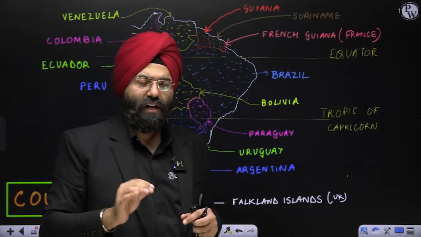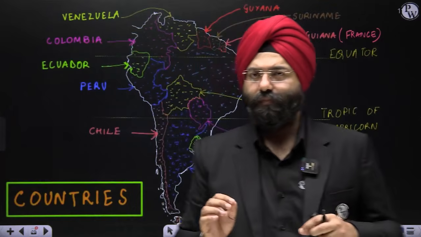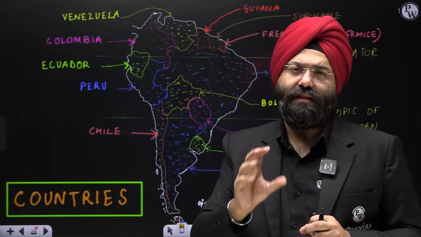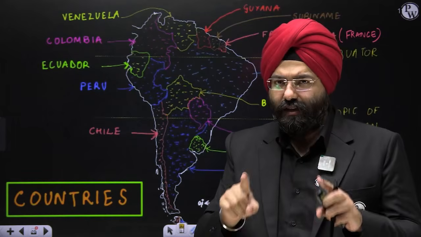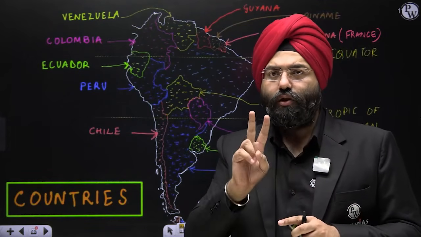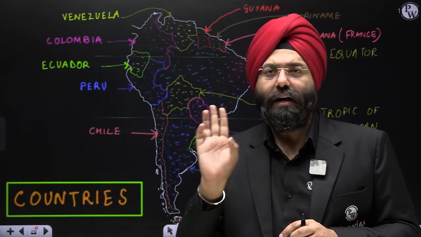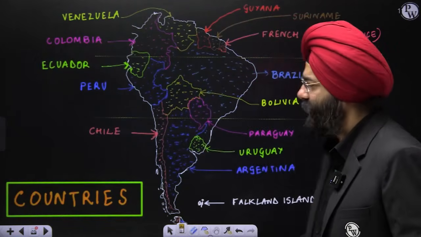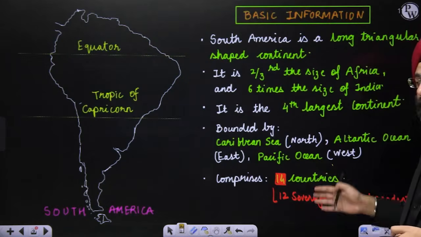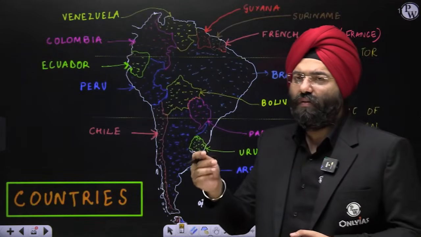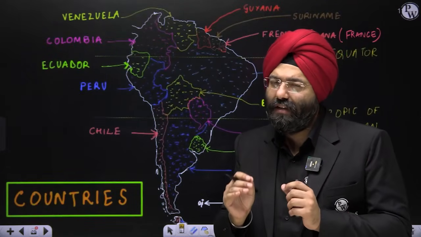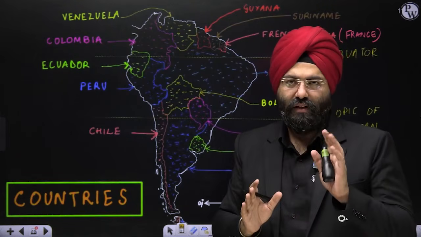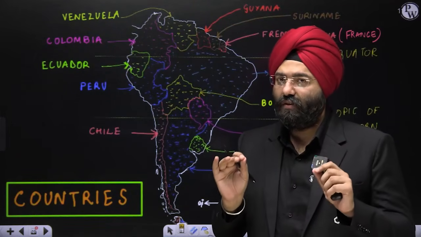So please remember, whenever the question comes, the most precise answer which the NCERT uses is 14 countries as a whole, out of which 12 are sovereign and 2 are dependent. This is the precise answer of NCERT, which I have written over here also. But when you come across 13 countries or 12 countries, they are also not wrong, because it depends upon the mechanism they have adopted while enlisting the countries. So please do not get confused in this particular case.